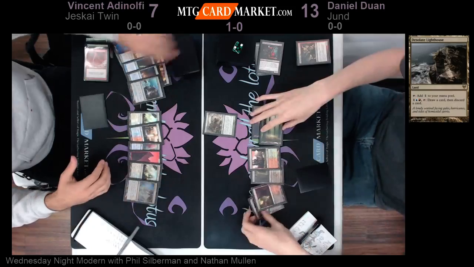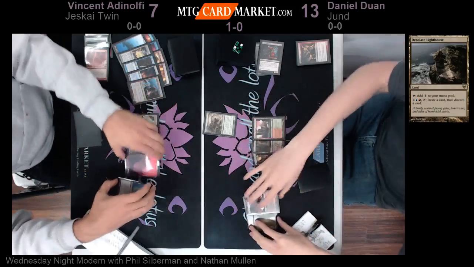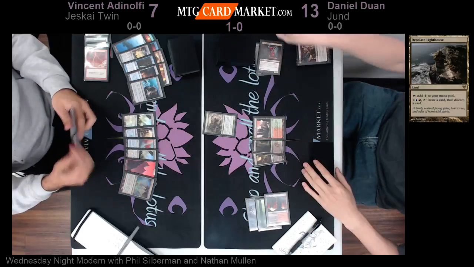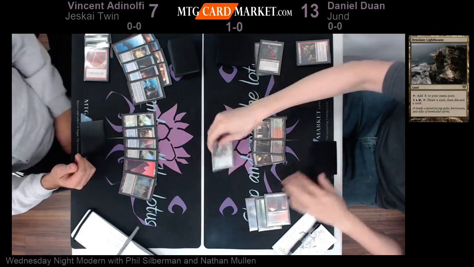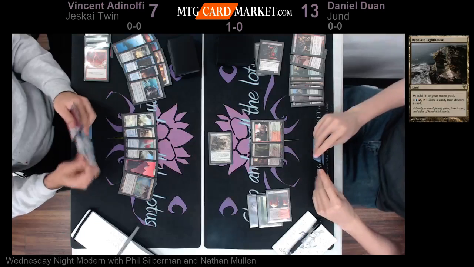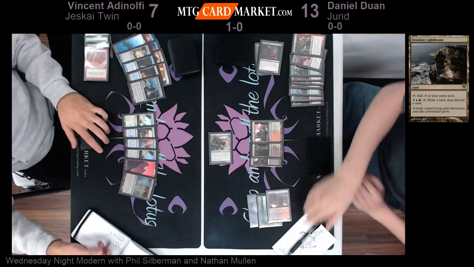Alright, Vincent draws. Should get him to use the Goyf dice. I'm pretty sure it's still 5/6. Oh, they'll never use it. My gosh. I think it's actually a 6/7. There's an engineered explosives. Oh, wow. It is big. That is a must-answer threat. Oh, yeah. We have creature, instant, enchantment, sorcery, land, creature. Yeah, it's